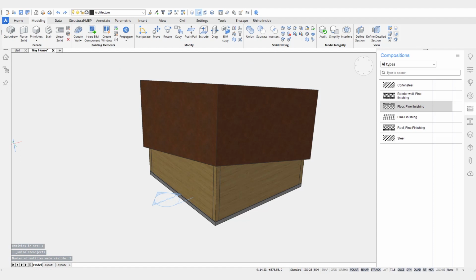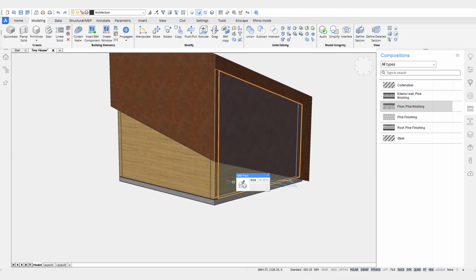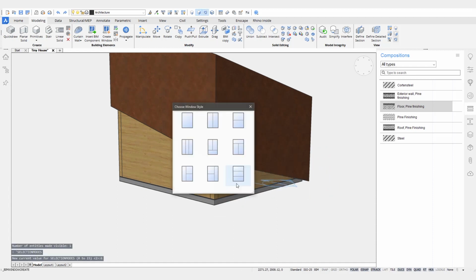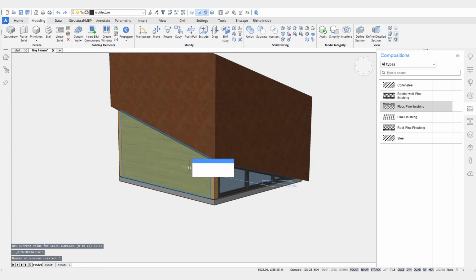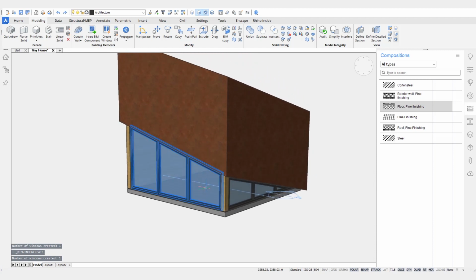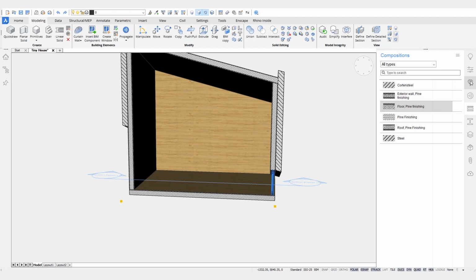I'm going to add some windows as well. We can easily do it. In this case, I'm just going to use these boundaries and create simple 3-panel windows, just like this. These windows are also parametric, of course, so I can change its parameters so it fits the situation better. If I activate this section, for instance, I can see